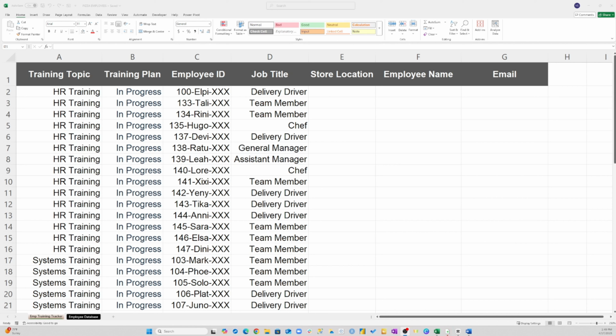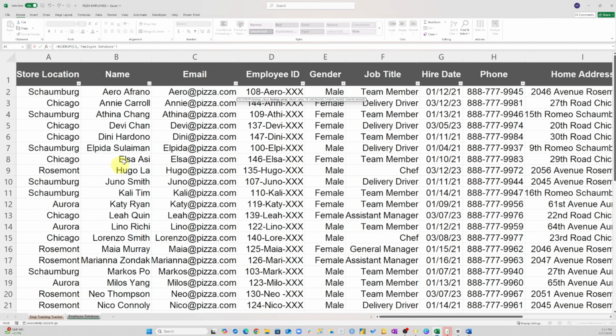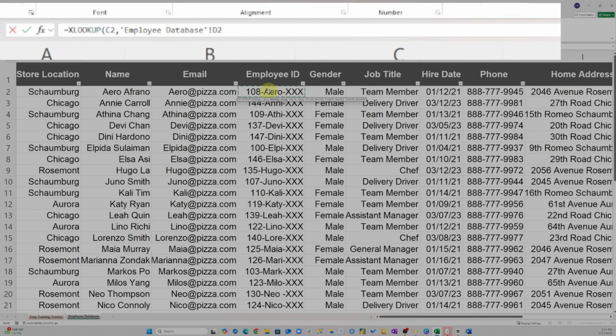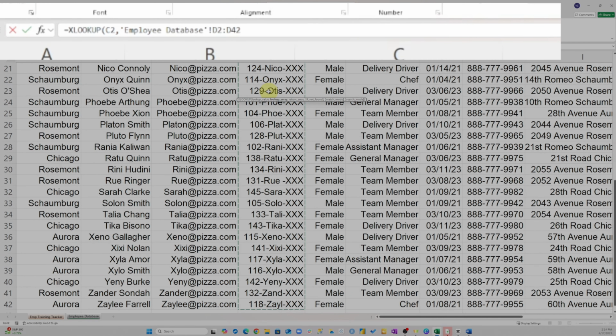Now, I want to pull in multiple columns at the same time. I want to use the employee ID column to return the relevant store location, employee name, and email in the employee database. So I click equals on cell E2, select XLOOKUP. Now my lookup value is the employee ID, comma. Where am I looking up the employee ID? I'm looking in the employee database in this column. Control Shift Down, then press F4 to lock,